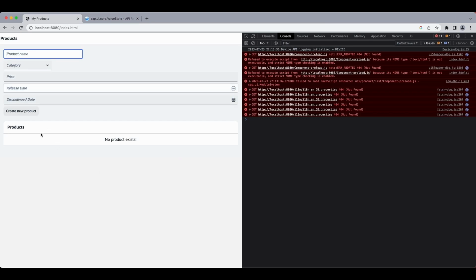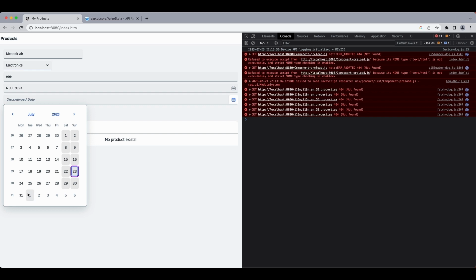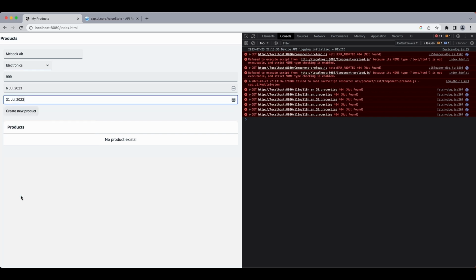Okay, no errors, no items yet. Let's create our good old MacBook Air. Category is electronics, price $9.99, release date somewhere here, discontinued, it will be discontinued later on,